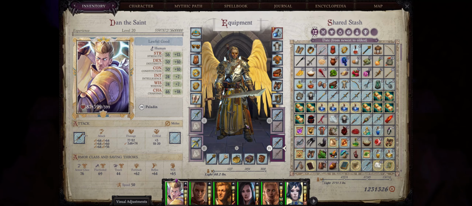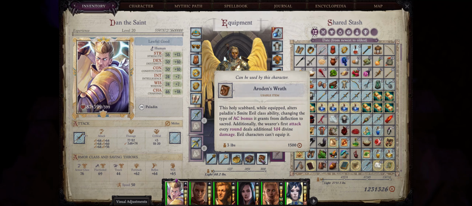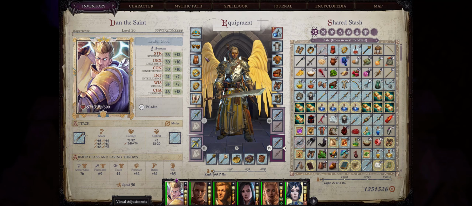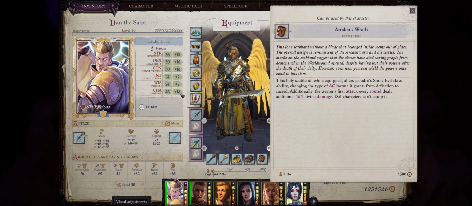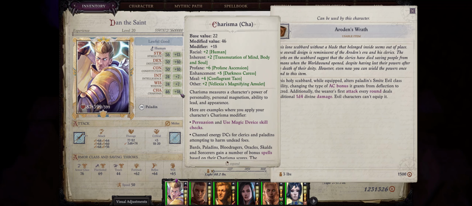Now the quick slot is actually pretty important for Paladins too, especially the Aroden's Wrath Scabbard, which alters your Paladin's Smite Evil ability and Mark of Justice as well, to change the armor class bonus gained from Deflection to Sacred, which does matter quite a lot, because Deflection is pretty easy to get from Shield of Faith and also Rings of Protection. Sacred, on the other hand, is super rare for armor class, and when you consider this will let us get up to +18 to our armor class against Smite targets as Sacred,